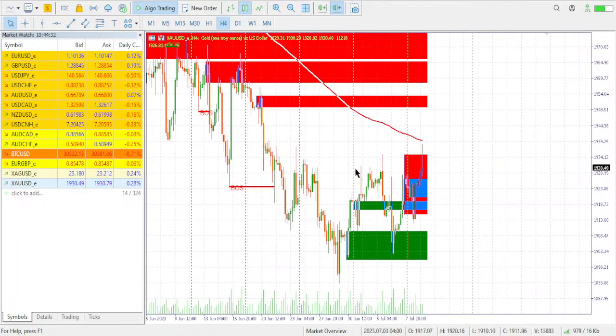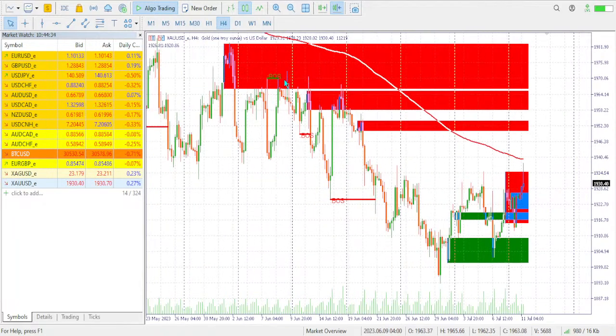The other chart, this is gold. So gold, so far we have a very good supply zone here, a supply zone here, another one here, and we have a very good demand zone here. Technically, as it is right now, the price looks like it is in a sell, but if you draw your lines like this,